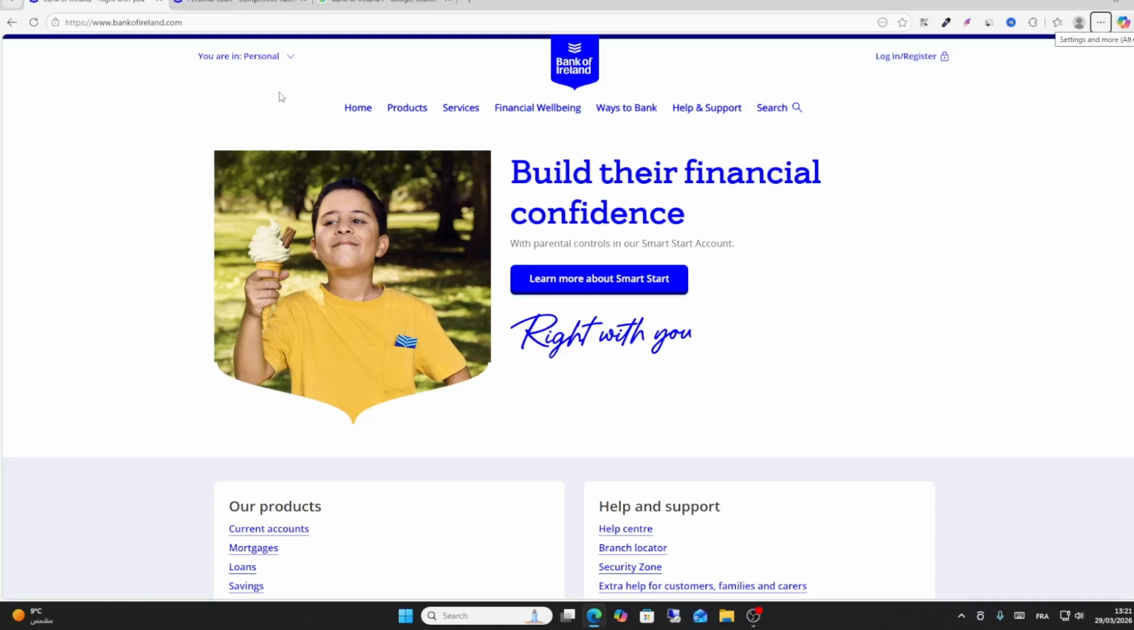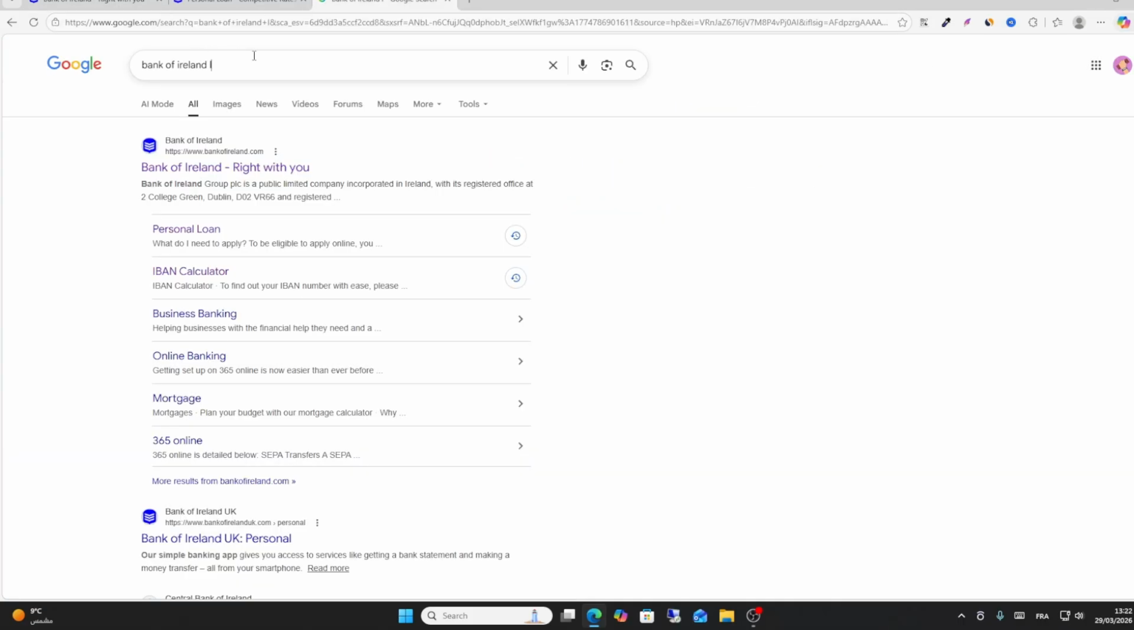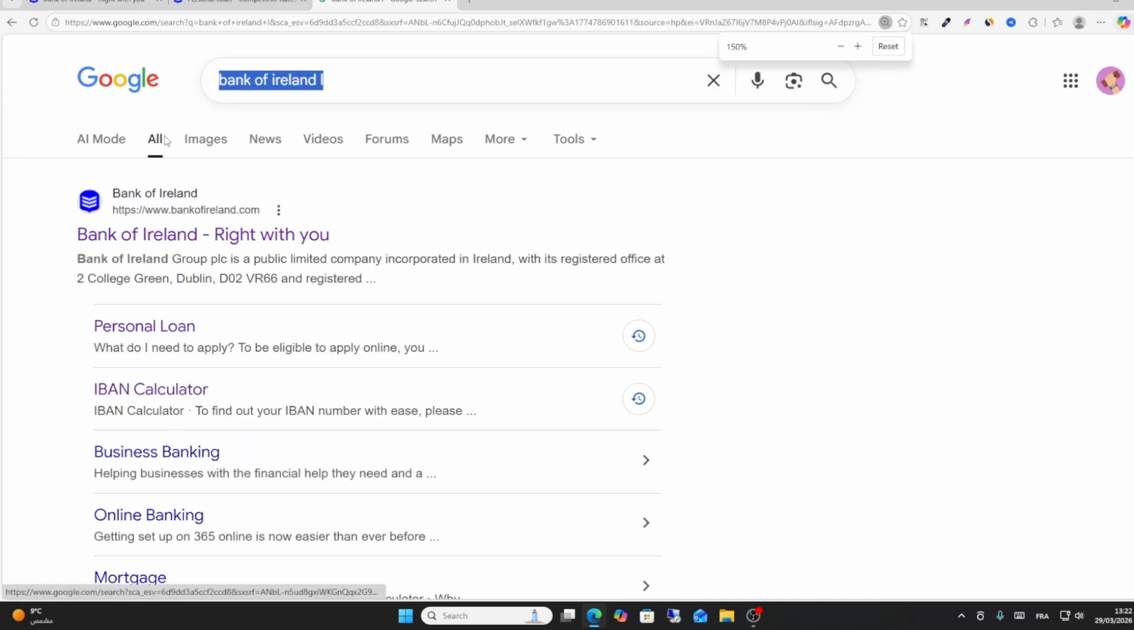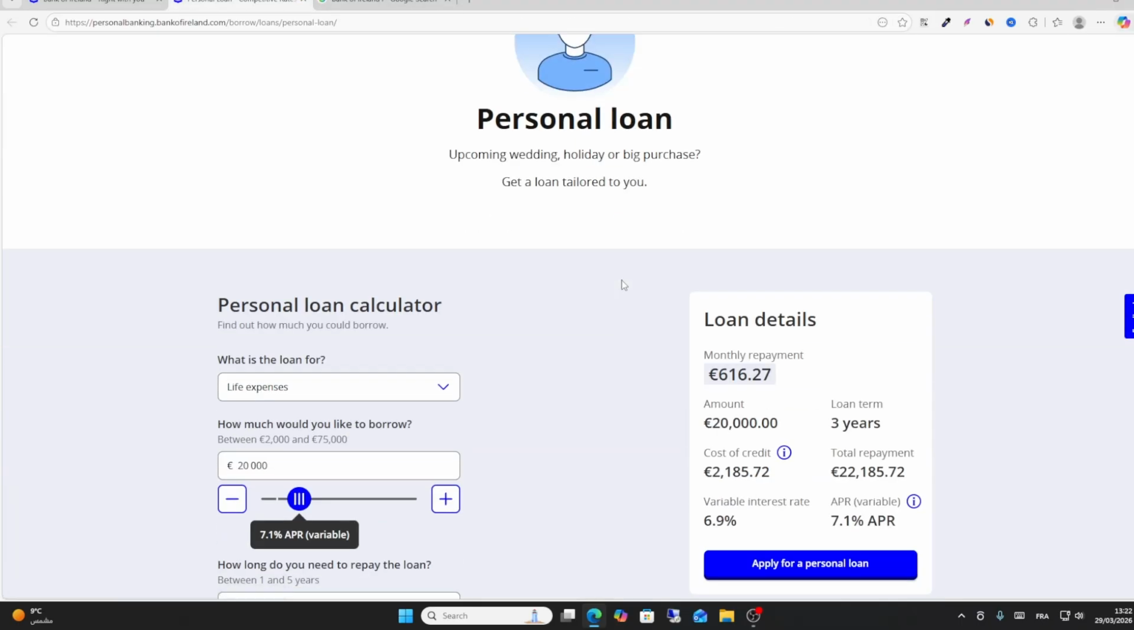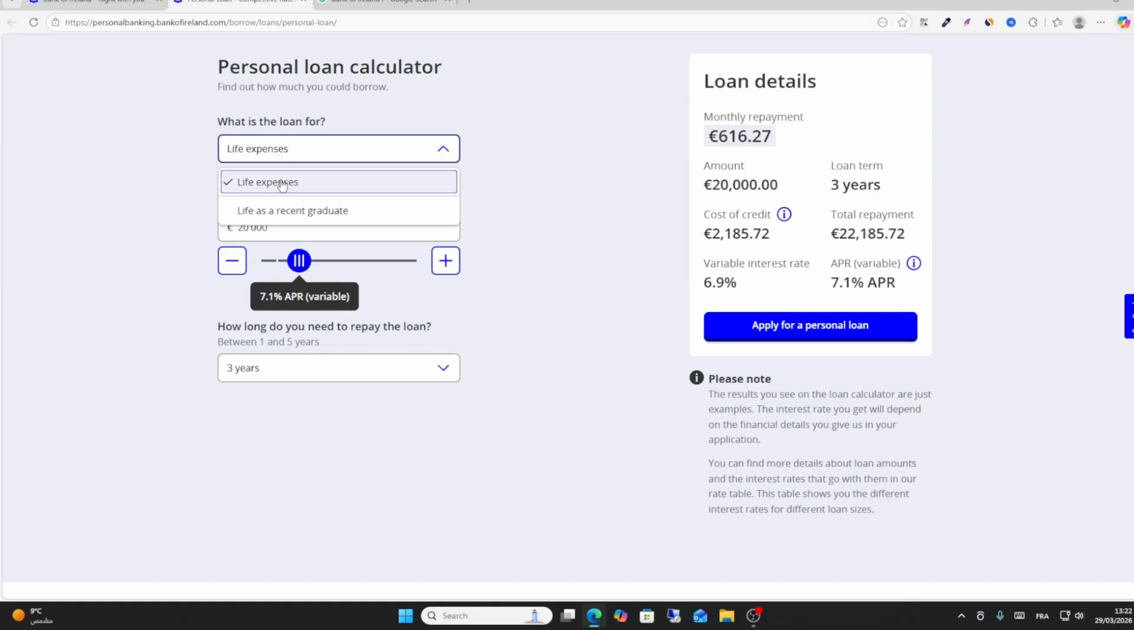In this video, I will show you step by step how to apply for a loan in Bank of Ireland, or how you can get a loan. So all you have to do is go to Google and search for Bank of Ireland. This is the keyword, as you can see here. Click this personal loan. When you click this one, scroll down, choose live personal loan calculator,